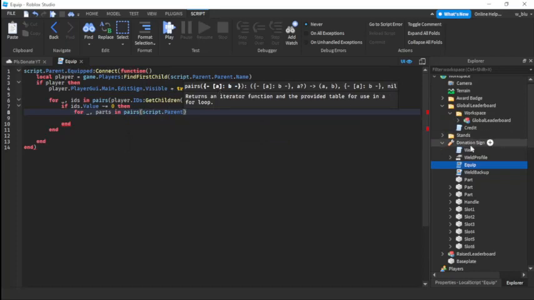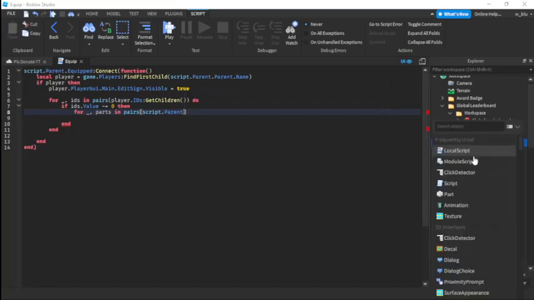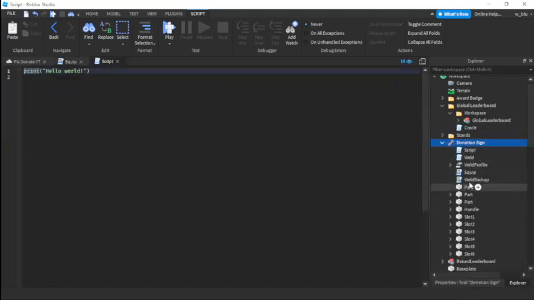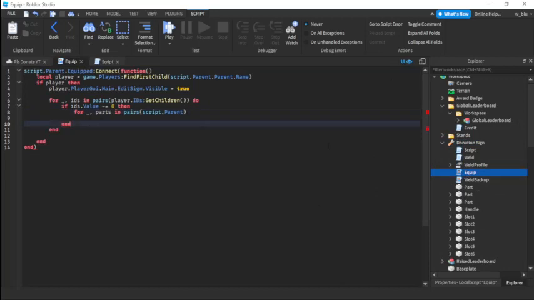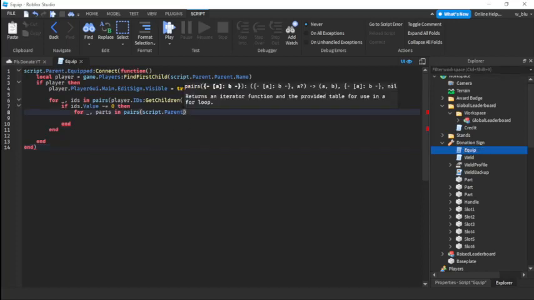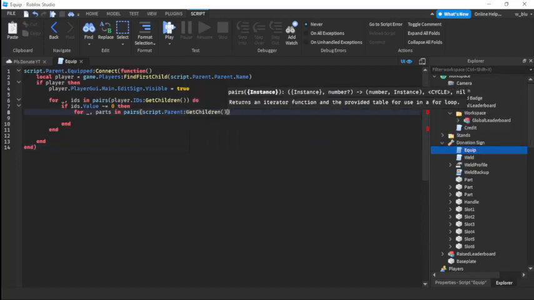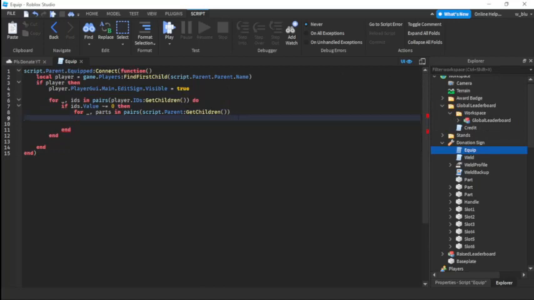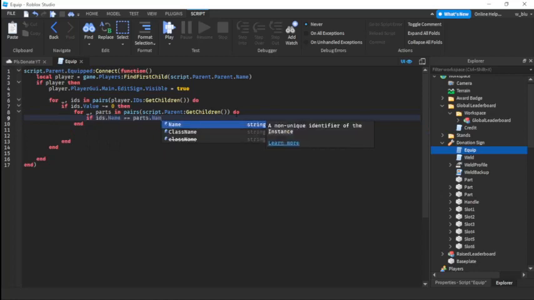Oh wait, this is a problem. Make this a normal script, not a local script. Sorry about that. Paste everything here. Delete this thing, or else it's not gonna work. Let's call it equip. For underscore comma parts in script.parent get children do, if IDs.Name equals parts.Name, then